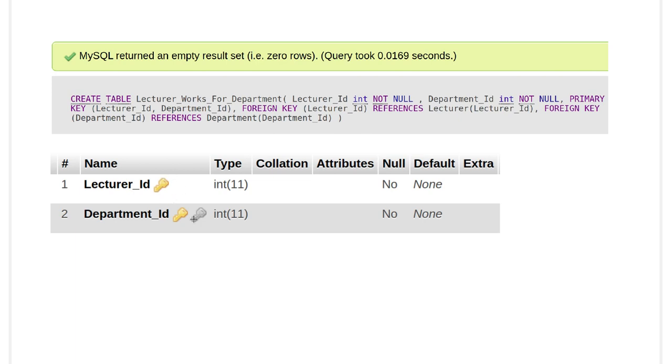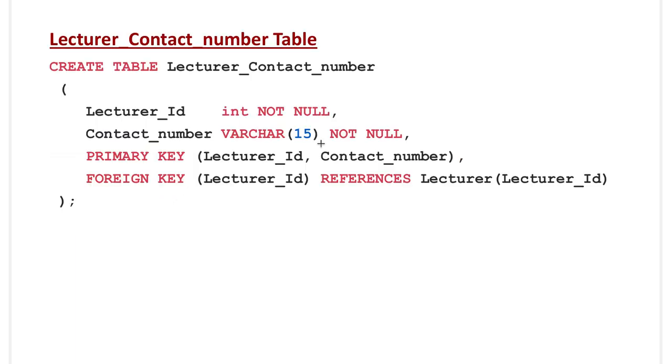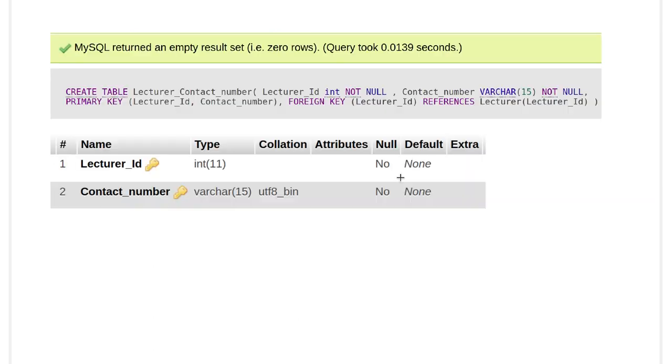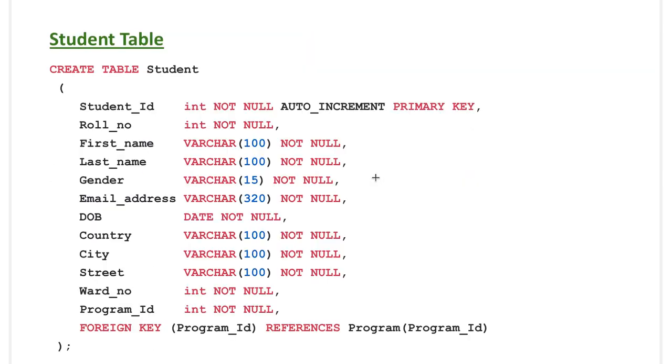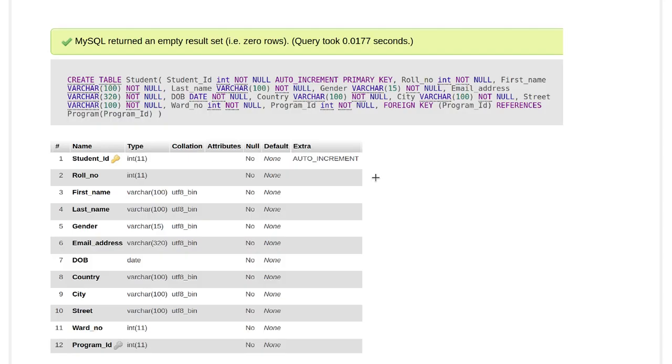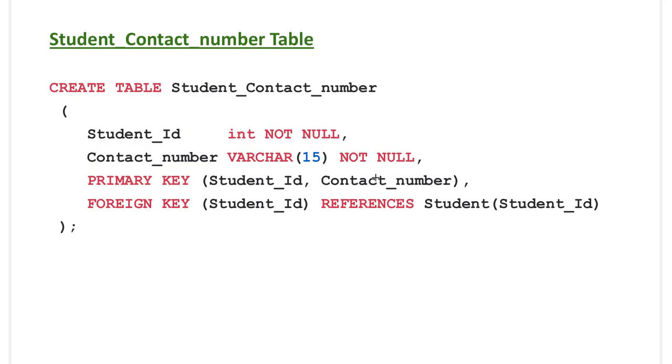As you can see, there are two keys here. Similarly, for contact numbers, we created a separate table because otherwise it would violate first normal form. So here is lecturer ID and contact number, and for primary key we are using lecturer ID and contact number. These two are primary keys together, composite key, and lecturer ID is foreign key from the lecturer table. And the usual screenshots and so on for student table, student contact number table,